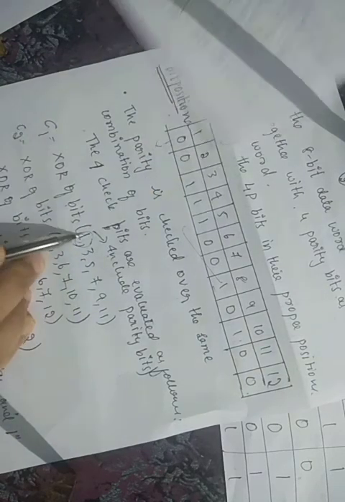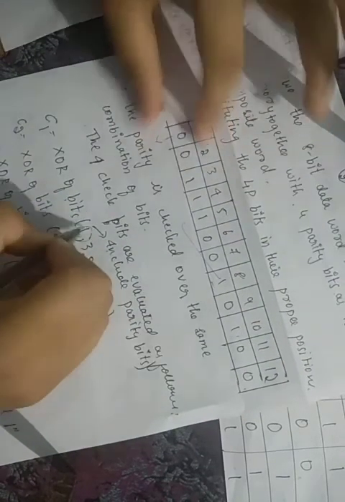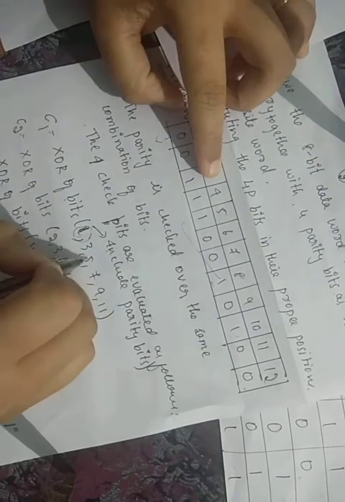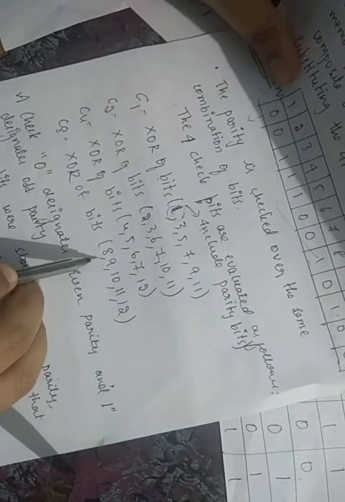What is parity here, for example? In this case, 3, 5, 7, 9, 11 are the same. What have I included here? 1. From where have I got this 1? This is the parity for parity 1. This is nothing but 1. It is bit positions 1, 3, 5. Similarly, for C2 I have included the 2 parity bit, for C4 I have included 4, for C8 I have included 8.